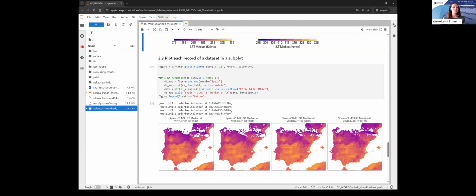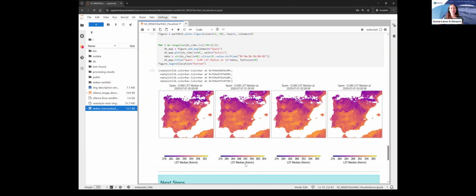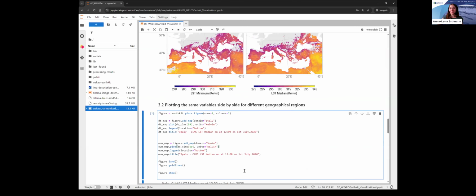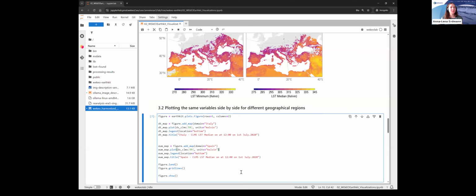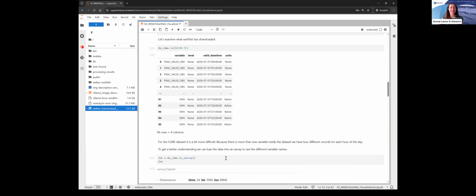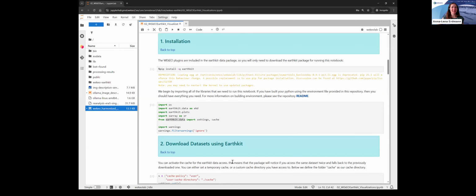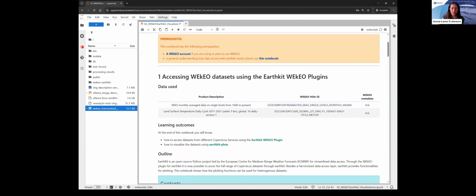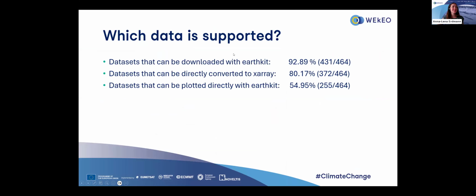And also, if you want to add more plots, this is easily possible by just looping through the data set and then making a really nice matrix with the Earthkit plots function. And this is very, very convenient for doing processing, for doing plots, and for getting access to the data. With that, I return to my slides